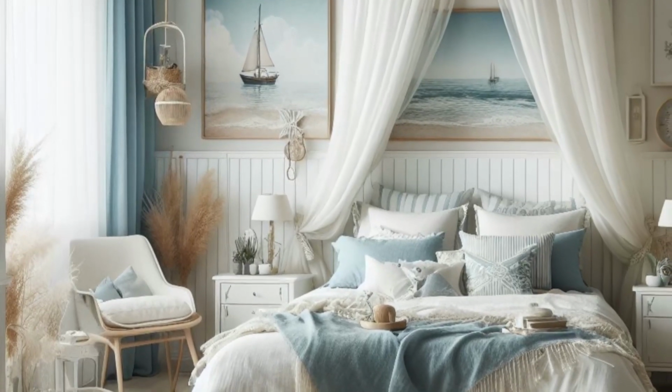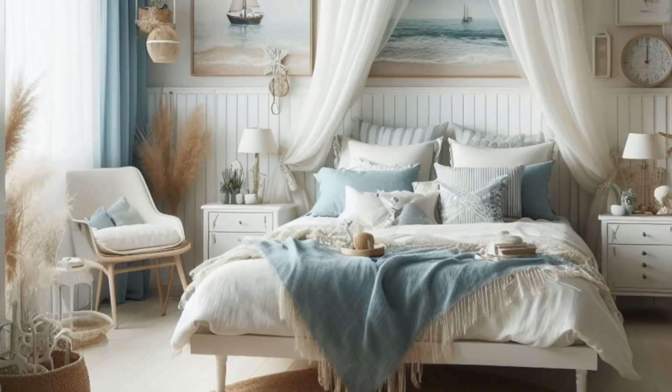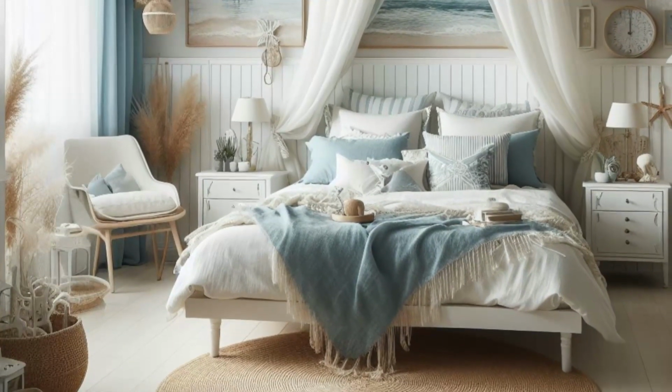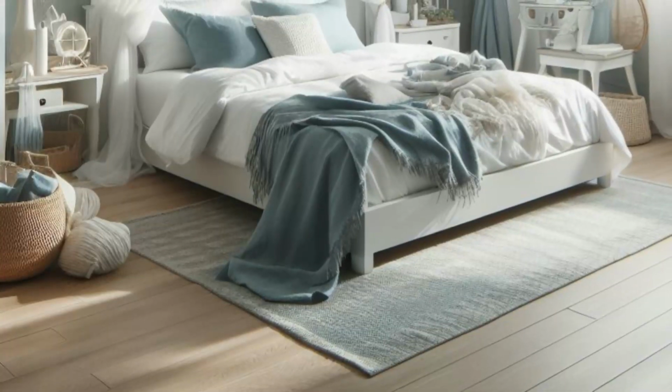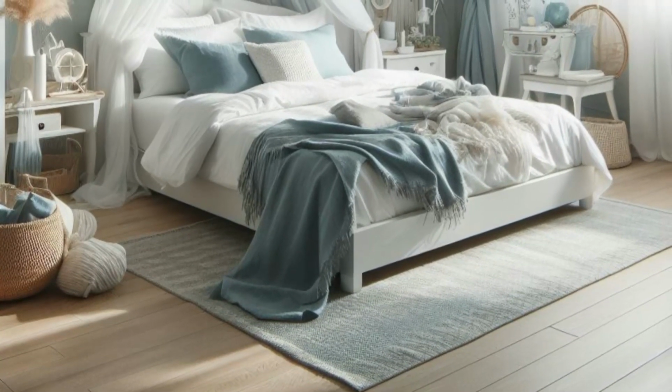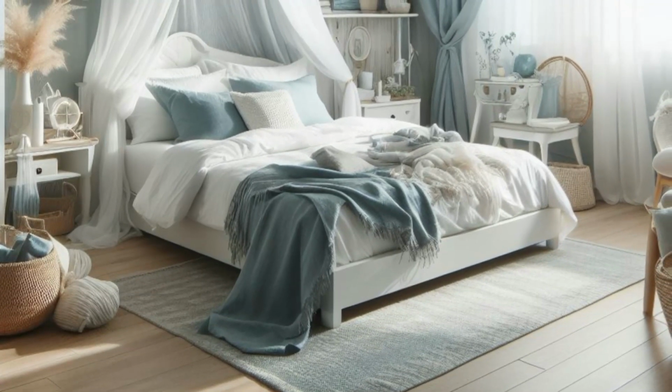your toes. A white canopy bed, adorned with sheer drapes that billow in the breeze, serves as the focal point of the room, inviting you to unwind and drift off to dreams of the sea. Nautical accents and beach-inspired decor elements, from seashell trinkets to driftwood art, complete the coastal retreat, transporting you to a